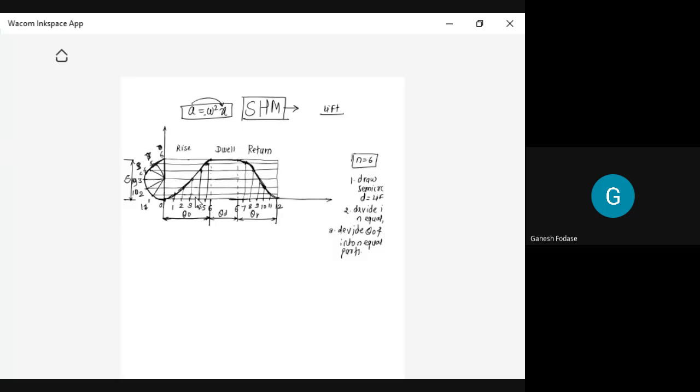Okay. Now see, the next procedure is we have to analyze the simple harmonic motion. That is, we have to find out equations for displacement, velocity, and acceleration. Remember, this topic is very important for analysis of cam design. Means how to get these equations. So for this, assume that you know the simple harmonic motion. So for the analysis part, I'm saying analytical solution